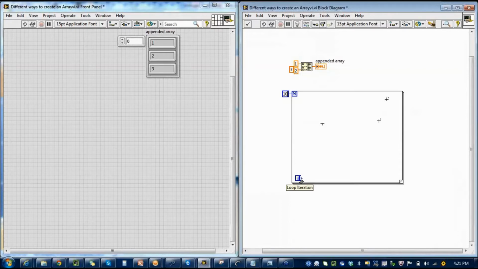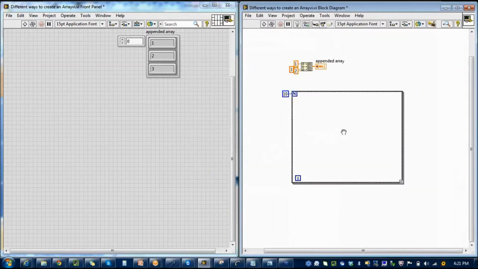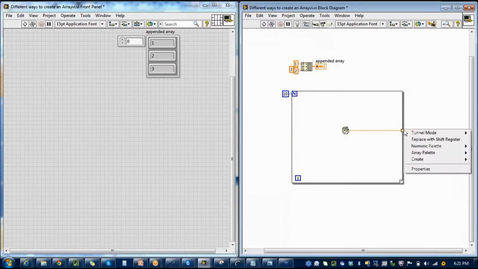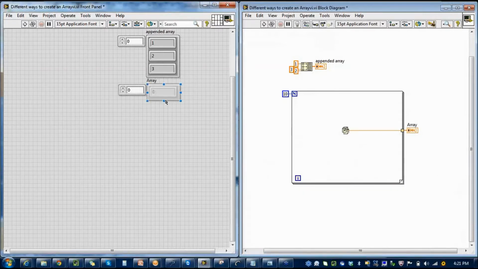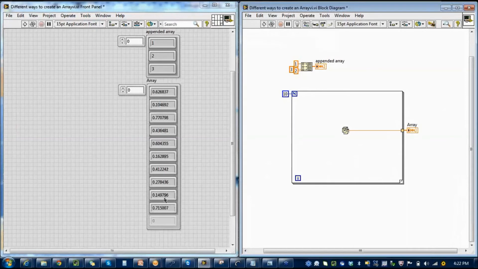Now I want to create an array with some random numbers. So I'll just choose a random number operation and place it here. Now you see by default this is auto-indexed. Auto-indexed in the sense every random element will get accumulated at this point, and the output of this will be an array with 10 elements. Why 10? Because this random number will generate 10 different random numbers because of the condition that I placed right here. And now when I run this, I'll get an array with 10 random numbers.